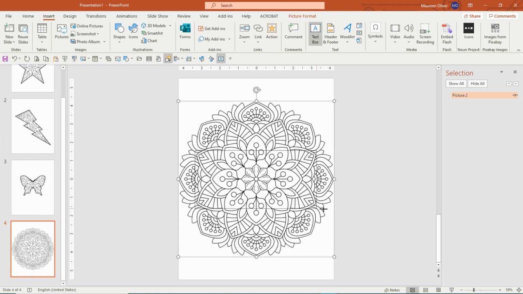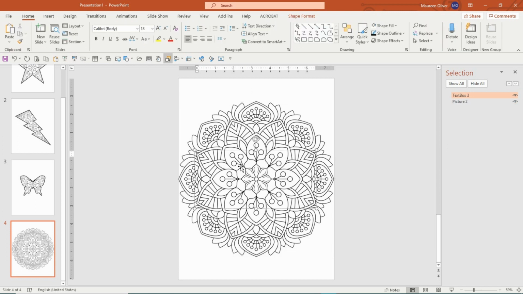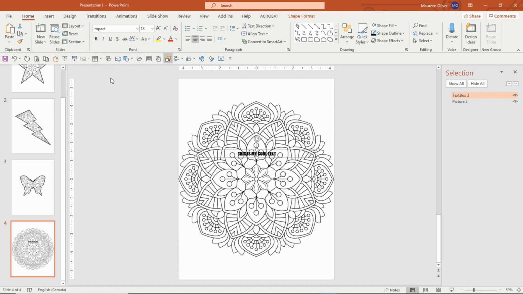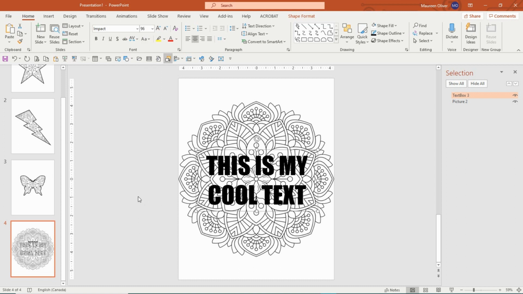You can just drag it out, and I'm just going to write this is my cool text. Okay, and I'm going to center it, and I'm going to use Impact because it's a bigger font, a thicker font, so it holds patterns a little bit better than the thin ones. And I'm just going to make it real big. Okay,